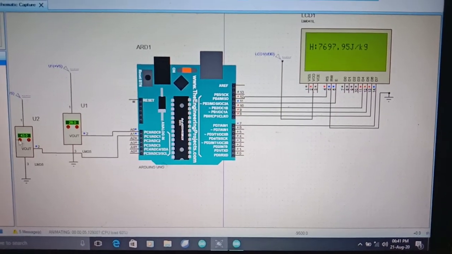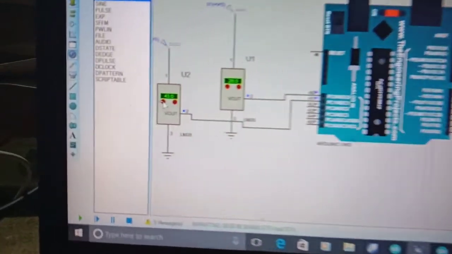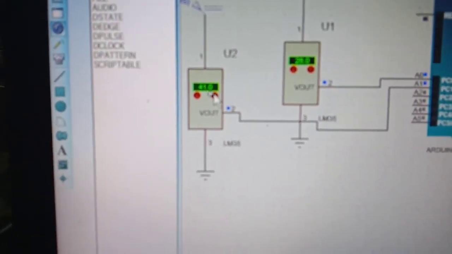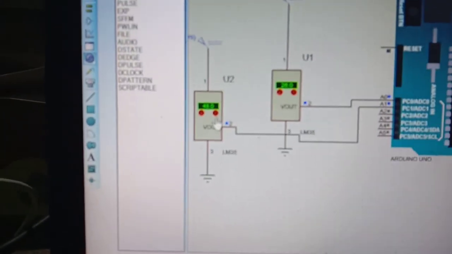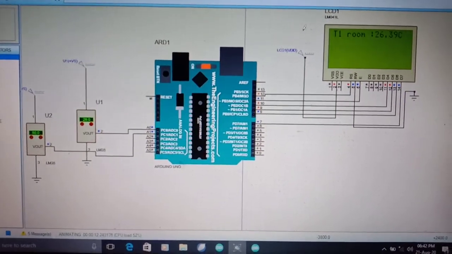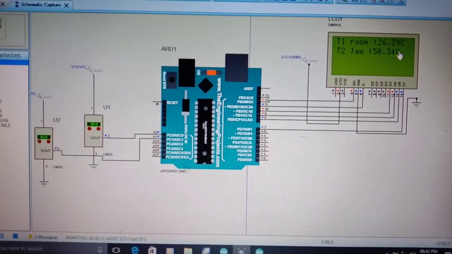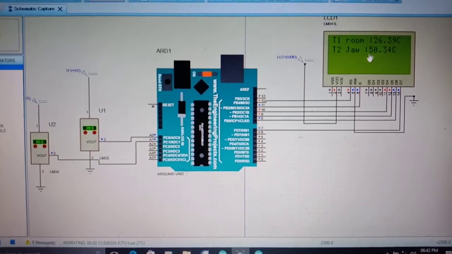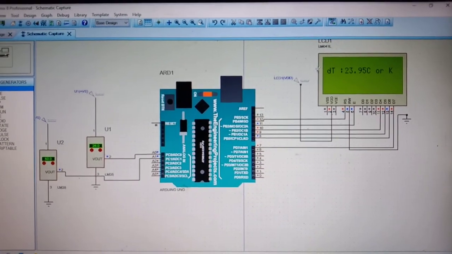So if I increase the value of the simulation in the jaw, let's say the temperature is around 50, one, two, 50. Now it will show 50 point something, which will be more accurate. Let's see the temperature, 50.34 degrees centigrade, and on this basis it will calculate the difference of temperature and the amount of heat.